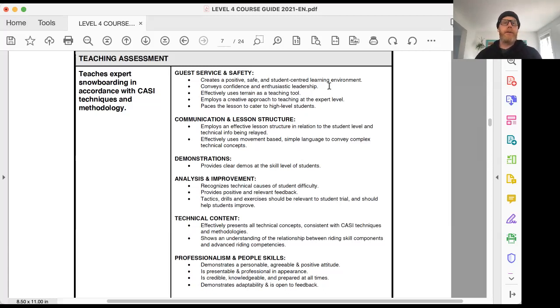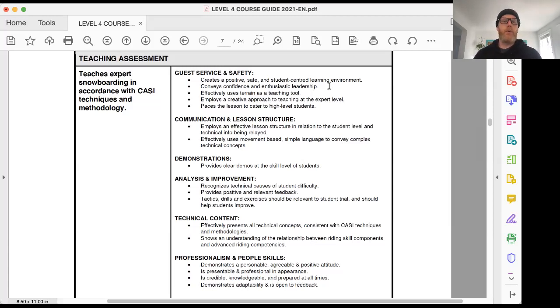So it may be a bit of a hybrid model of maybe a whole part whole with a bit of a building block that forms the part, or maybe there's an aspect of guided discovery there. One of the teaching elements that we talk about at the level 4 course is the role of these 3 sort of outside factors when we're structuring our lesson: terrain, or where on the mountain we choose to introduce certain things,